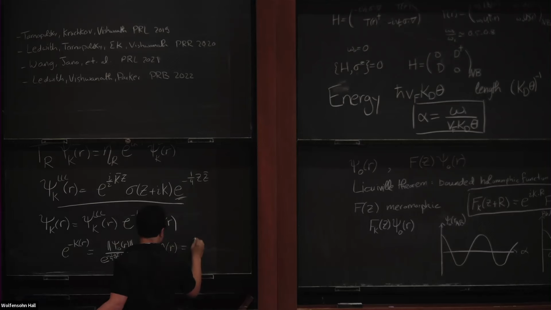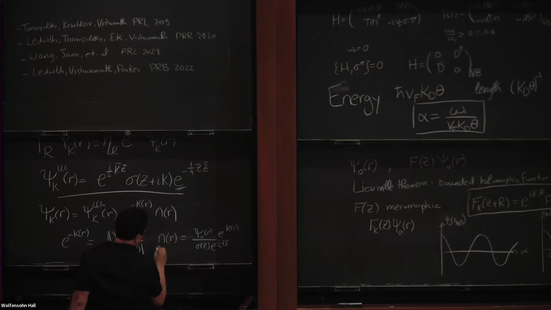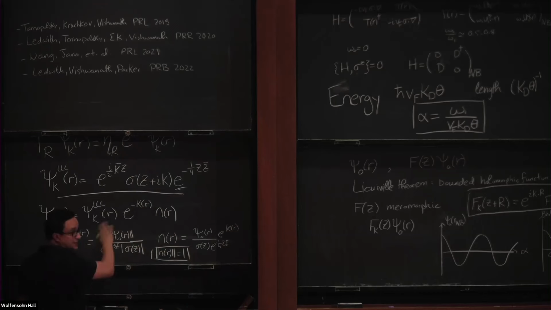So you can write it explicitly like this. The exact expression is not important, but the important thing is that this object has norm 1. So what this tells us is the following. It tells us that the wave functions of this chiral model are given by the wave functions of the lowest Landau level,